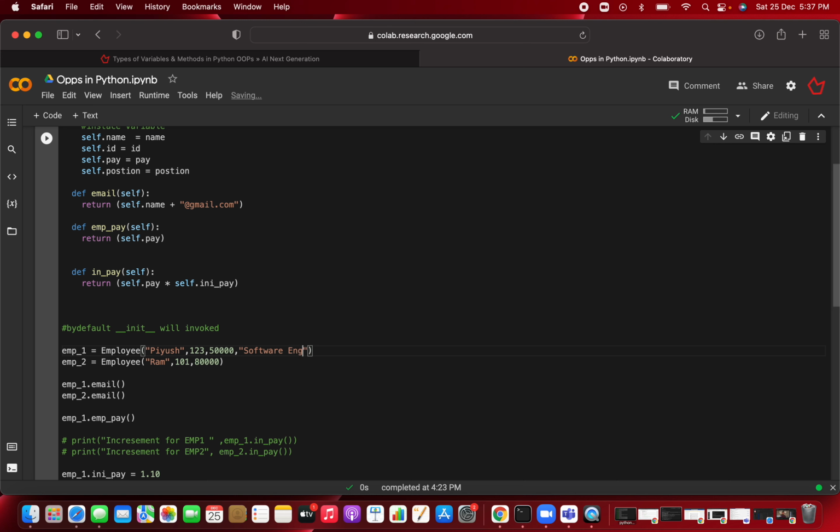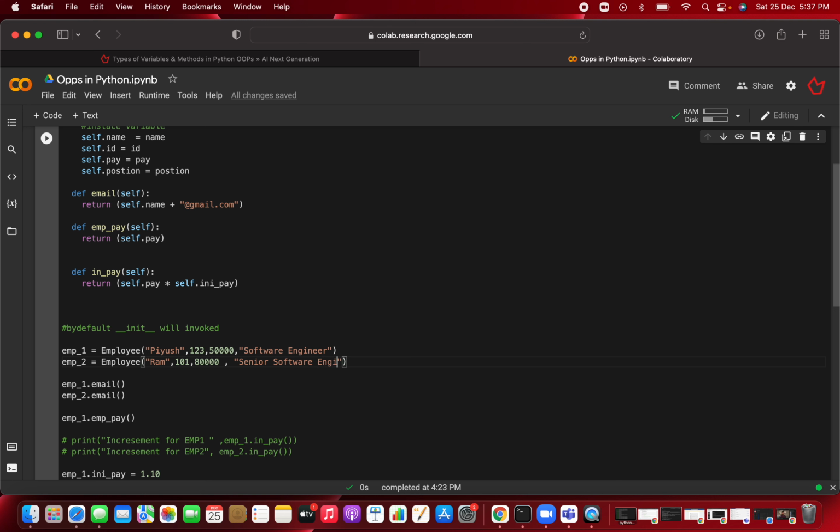And for Ram, the position is manager, or you can say senior software engineer. You can write senior software engineer.